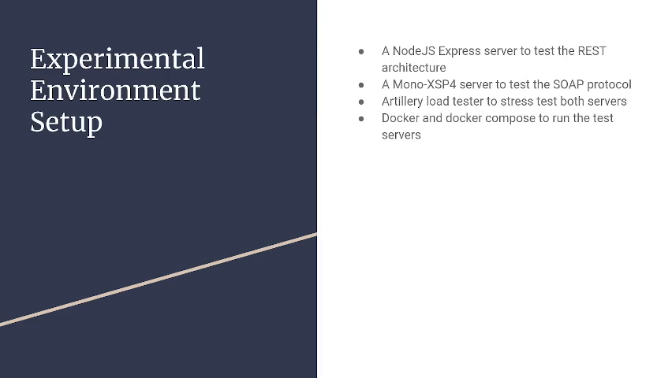The setup for my environment was using Node.js Express to test the REST architecture. I did it just by making an app on localhost using Docker and Docker Compose. So I made a Node server with, again, Express put in there. For the SOAP server, I used Mono. I made an ASMX file, which I then built to a WSDL. The Mono server was also running within a Docker container to allow for ease of running C Sharp on